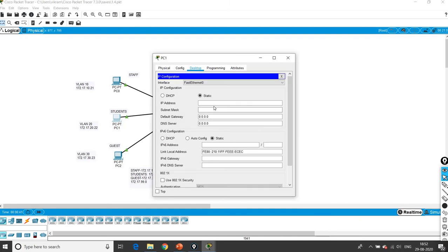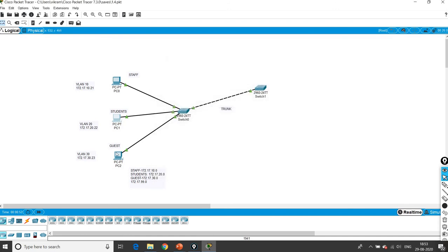Desktop, IP Config, the IP address 172.17.20.22, followed by the subnet mask.